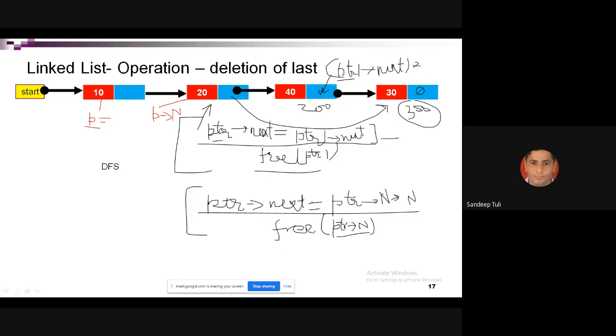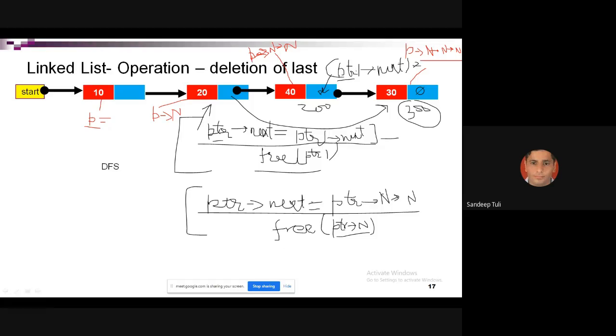Right now, if P is pointing to 10, it is holding the address of node 10. And now PTR next is 20. 20 is another node which is pointed to by P next because it holds its address. Now with the help of only P, this next node can be represented by P arrow next arrow next. The arrow operator we need to use in that case. And in the same way, 30 can be represented by P arrow next, then next, then again next.